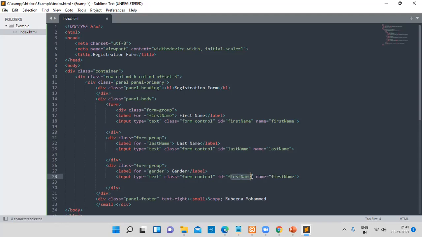And in the Sublime Text, you can make use of Control D and convert it as gender, right? So the class, this one, it's not going to be the text field, it's going to be for the radio button, right? So the type should be